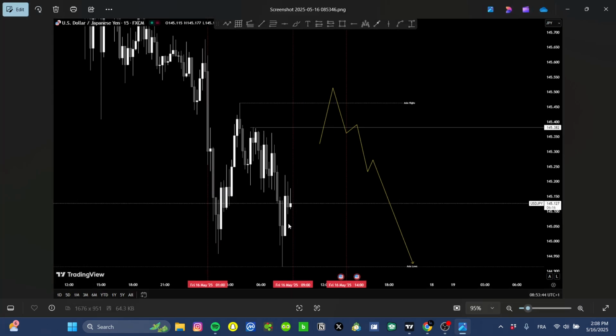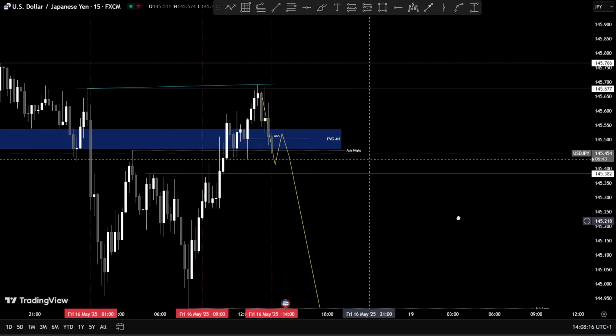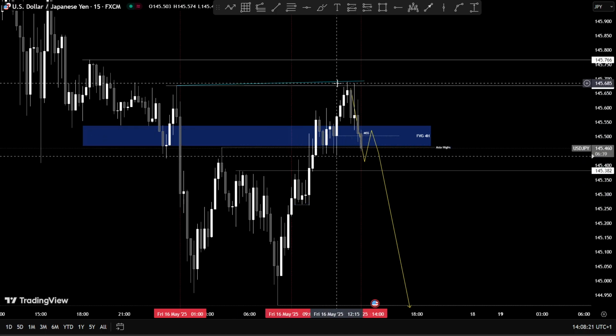I wanted to see price go up, take out these hourly highs, take out these Asian session highs, and rebalance into the 4-hour fair value gap that is right here. And that literally happened, the same exact thing. We came up, we took out the Asian session highs, we took out the hourly highs, we rebalanced into the